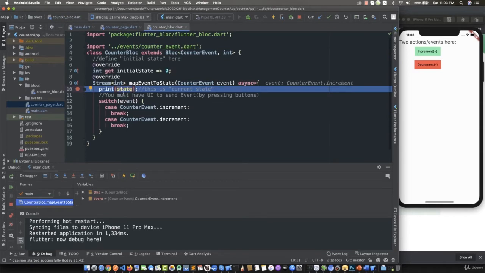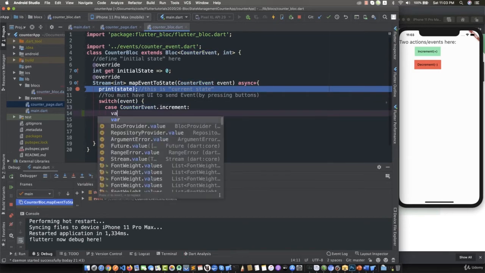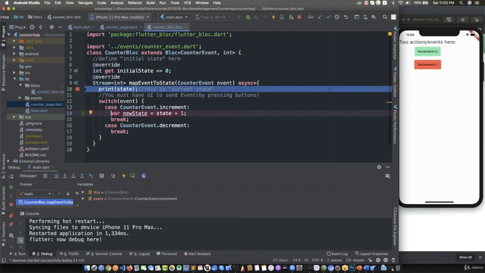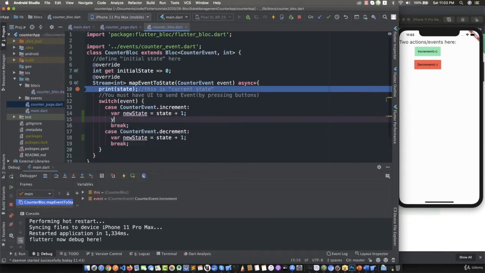So after pressing, I can see the state. Here it is the initial state, but you must increase or change it by defining the new state equal to the old state plus 1, and you yield the new state. Yield means that the function will not